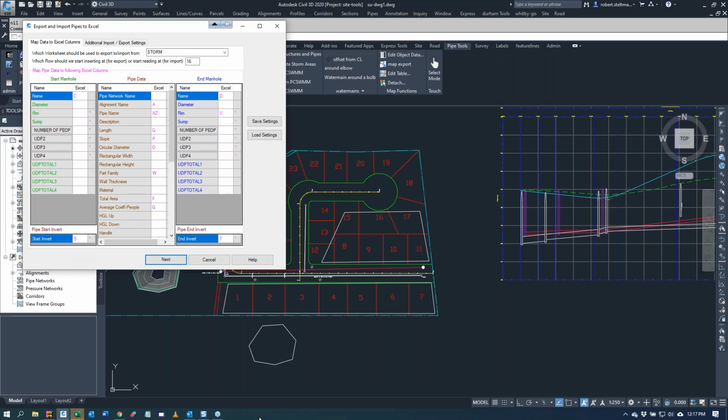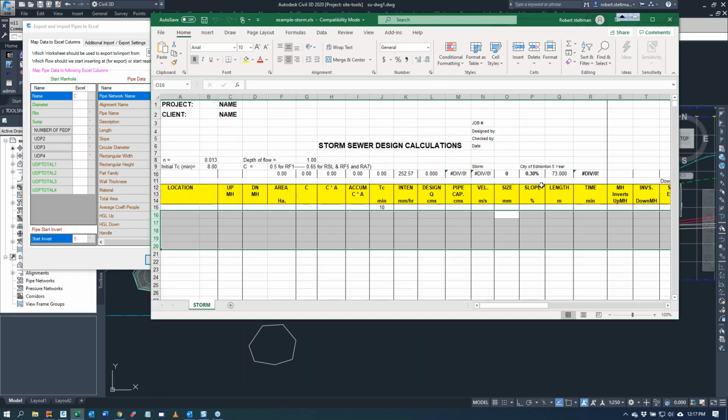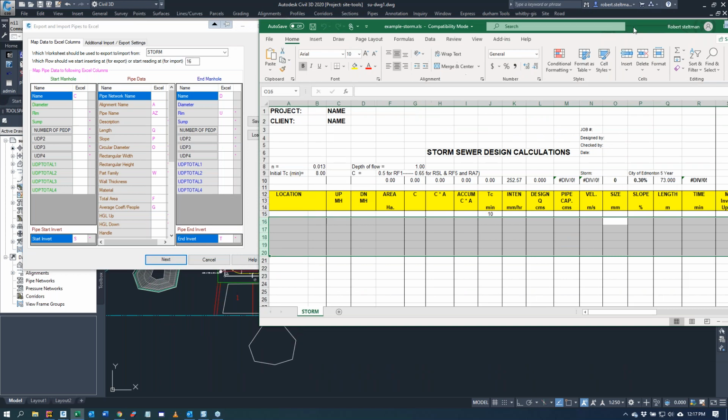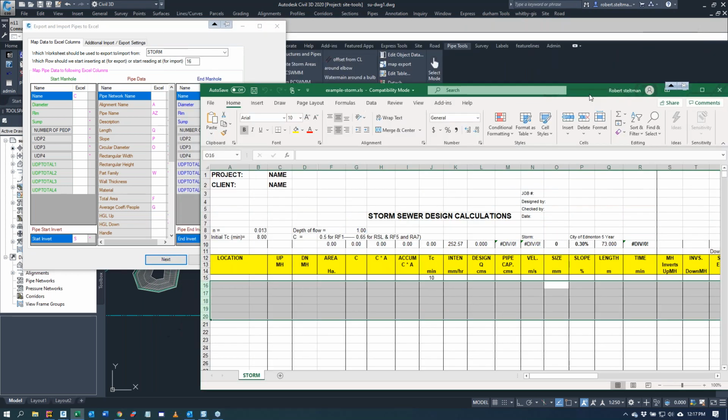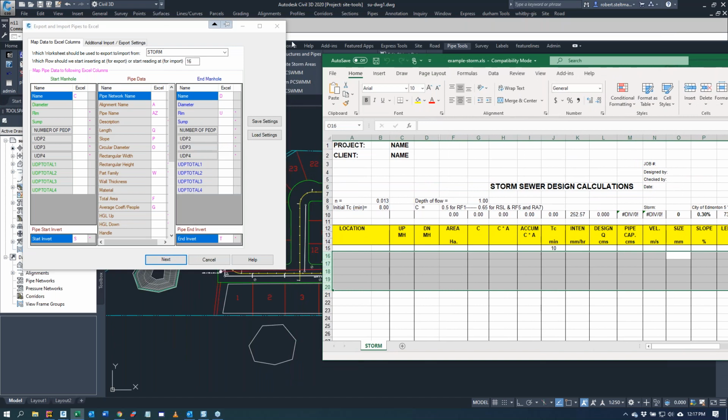So here's your standard spreadsheet. This one came from the City of Edmonton a number of years ago. We're going to tell it we want storm, but there could be a number of tabs. We also want it to start populating in row 16. Row 10 has our formulas in it, and it'll copy those. And all you have to do is map your